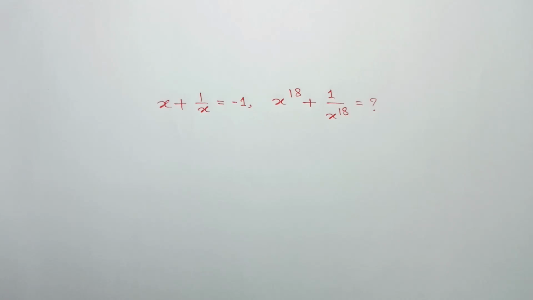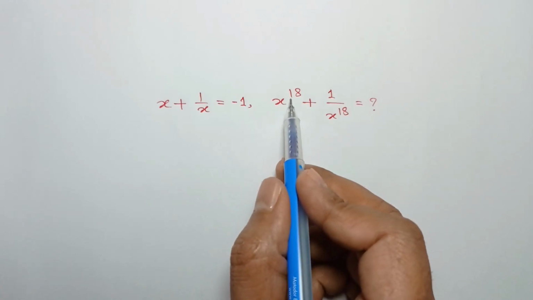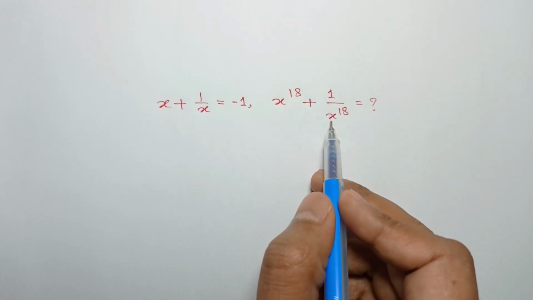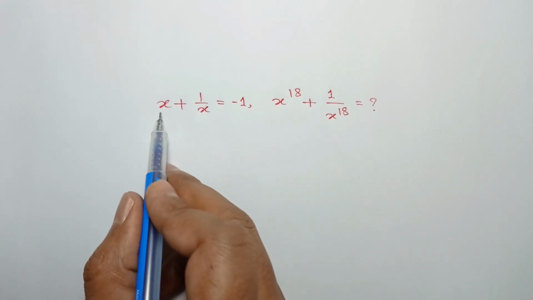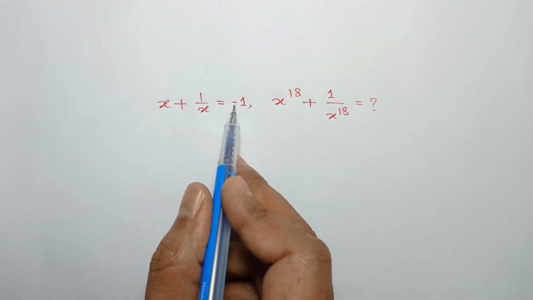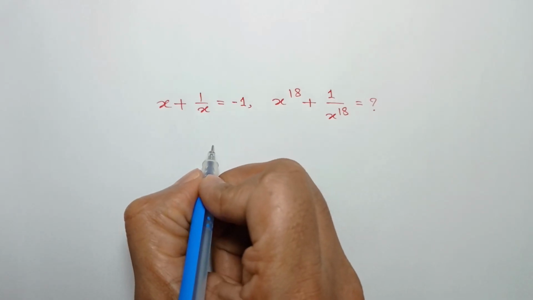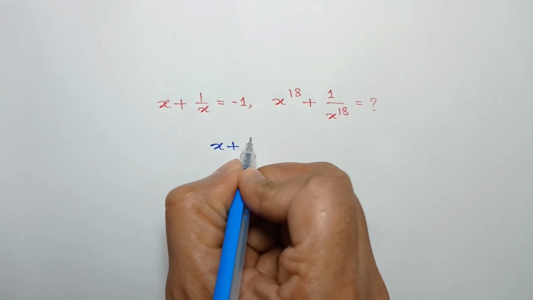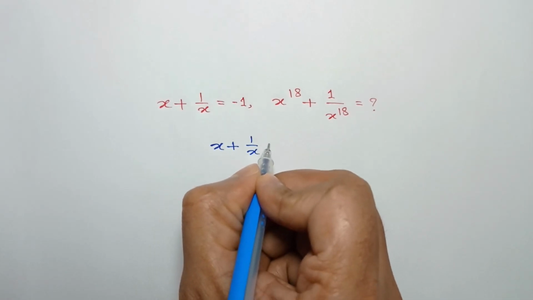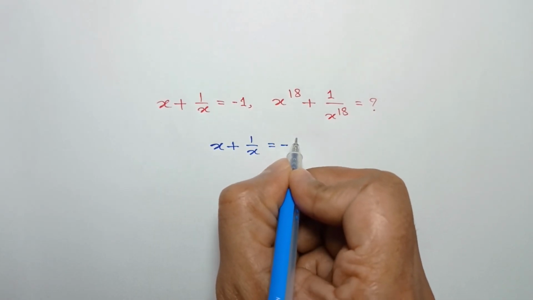Hi everyone, in this video I am going to show how to find the value of x to the power 18 plus 1 over x to the power 18 where x plus 1 over x is equal to negative 1. We have given x plus 1 over x is equal to negative 1,